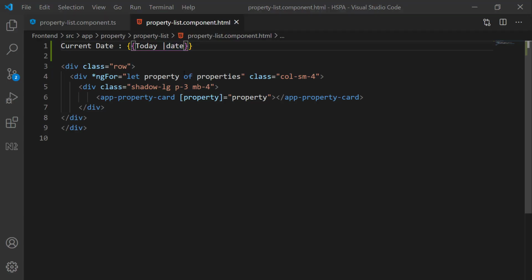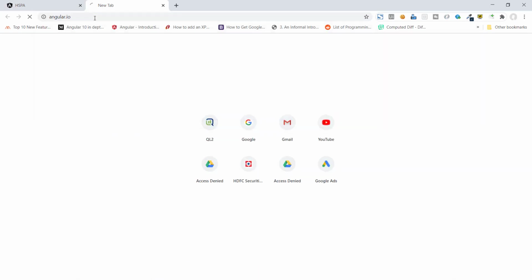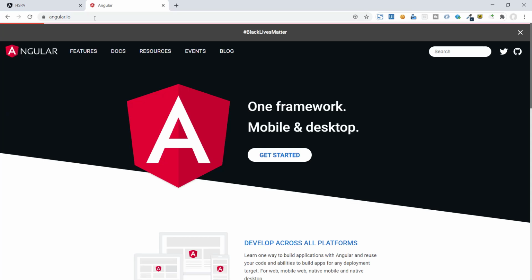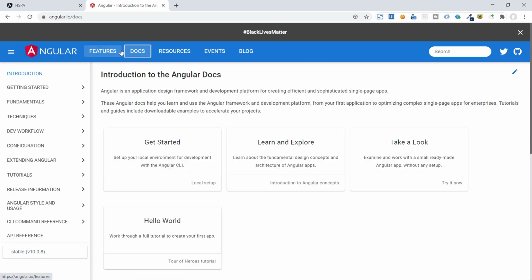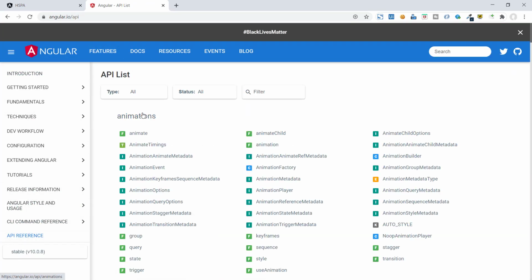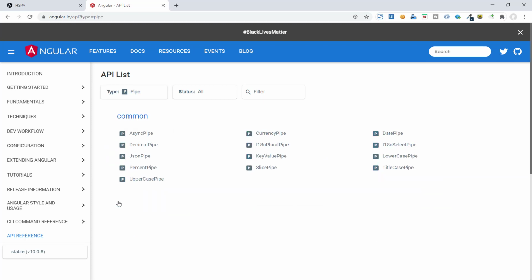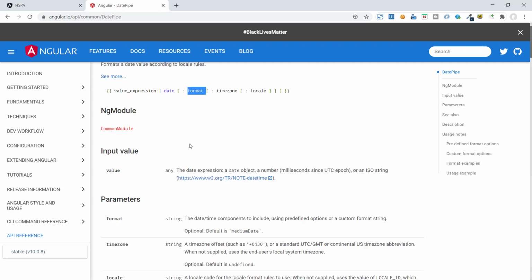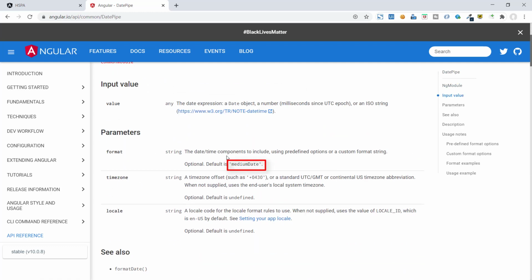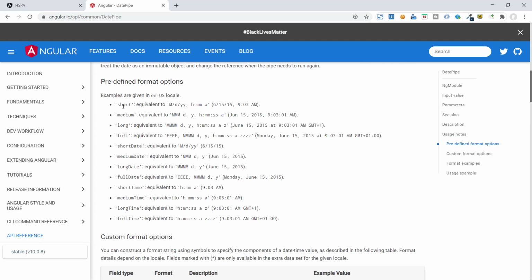Let's try to use a date format in this pipe. Go to angular.io and click here on this API reference, and here we can filter pipe to get the list of all inbuilt pipes. Let's look at the date pipe. So medium date is the default format, and if we scroll down, there are a lot of different predefined date formats this date pipe supports.